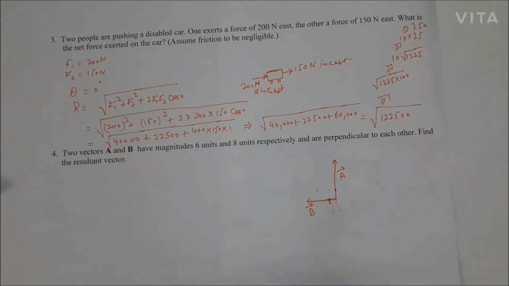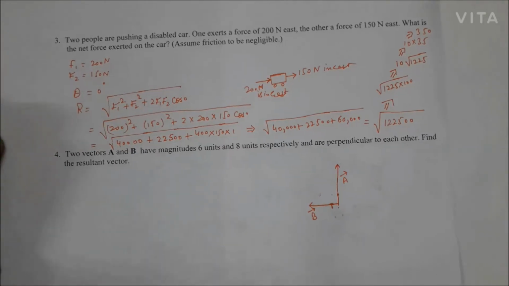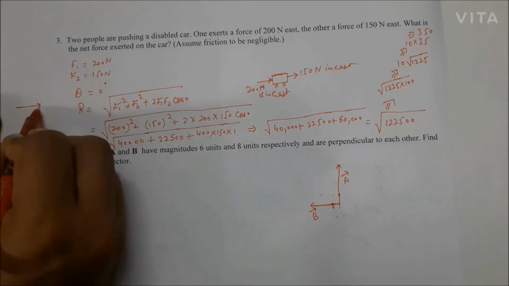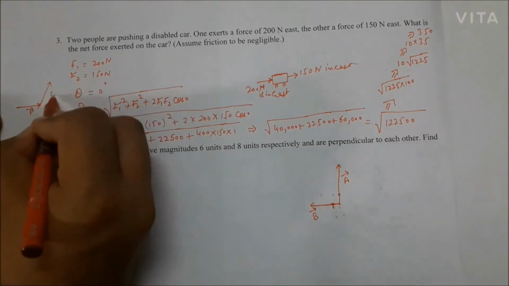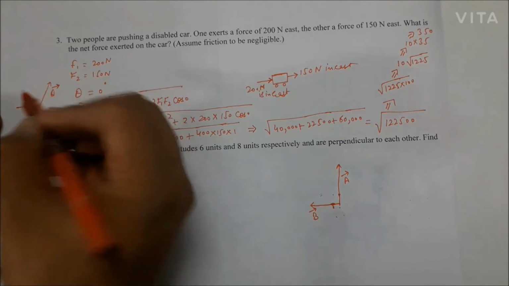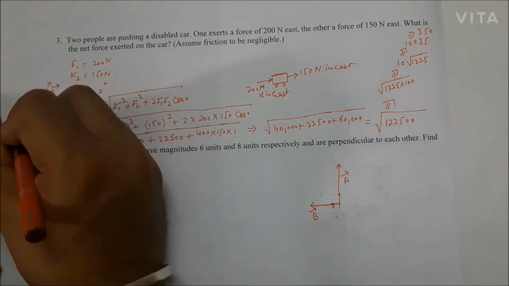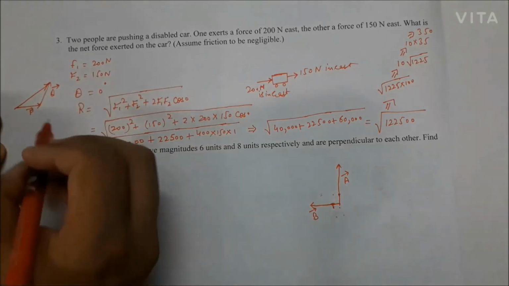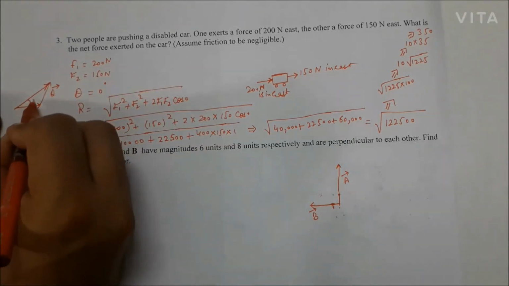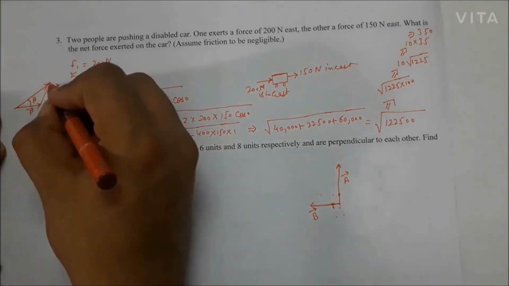Now we have to calculate its direction. In order to calculate direction, try to remember the triangular law of vector addition. What does it state? It states that if my vector is in this direction and the other is in this direction, and my resultant is in this way, the angle between the resultant and the base is beta. Okay, draw the perpendicular here.